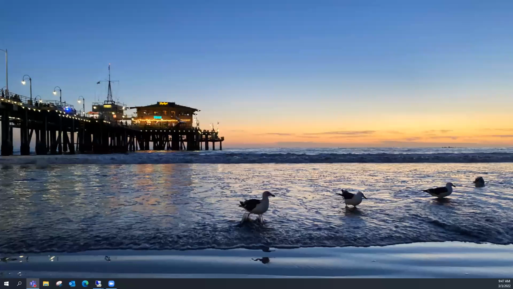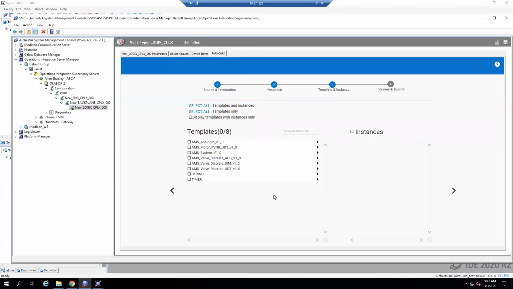So going back to the system platform machine, I'm just going to say display templates with instances only for now. If you have a lot of templates here, it might be easier to utilize these filters. And I'm going to say I'm interested in this valve UDT. Now,